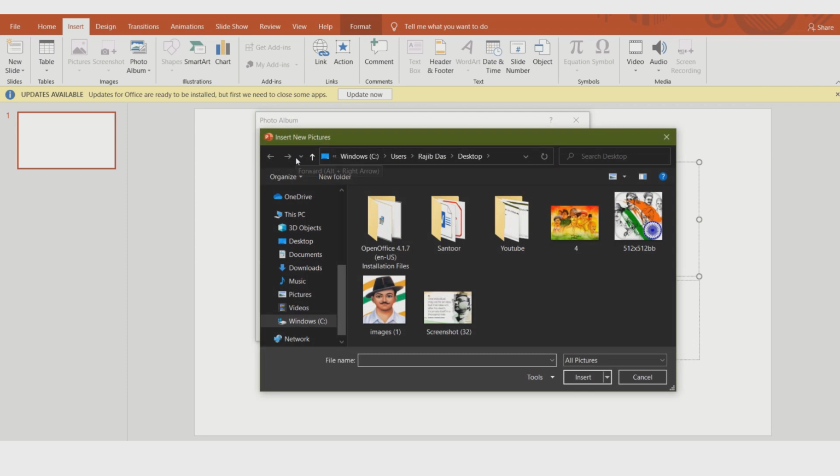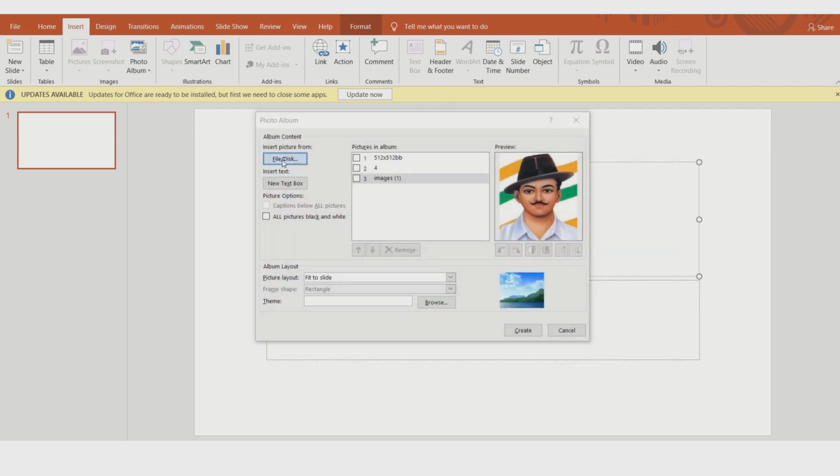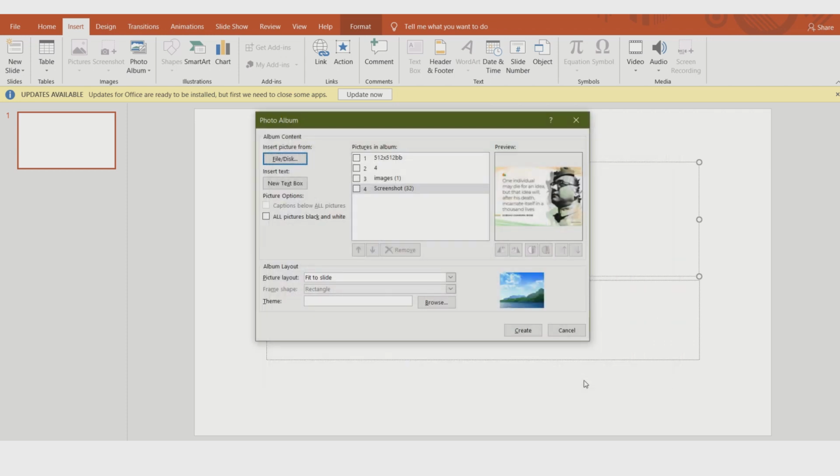So click on the File or Disk button, and then I am choosing this photo, another one, this also. Okay, so four photos I have already chosen, and then you can change the appearance also, or you can put a photo before or after like this.